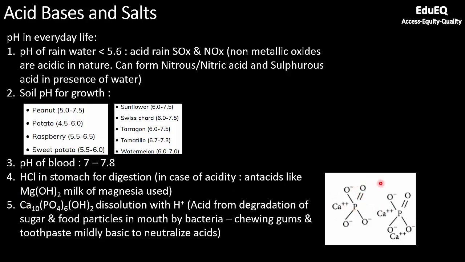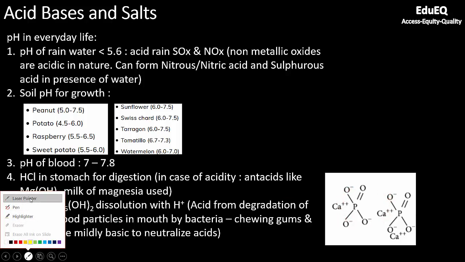So you can see, if H plus ion comes here, it will try to take away hydroxide, or it will try to remove water from here. What can be done to prevent this? You must have seen some chewing gum ads which claim to give you fresh breath, or also toothpaste. What they do is they will give hydroxide ions, or they will ensure a basic environment in your mouth, so that this H plus will be taken by the hydroxide coming from the toothpaste or from the chewing gum, rather than taking it from this compound. That is how you try to prevent that.